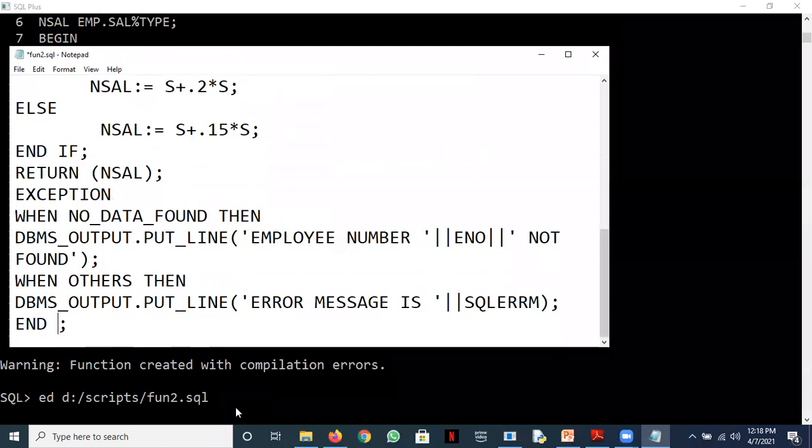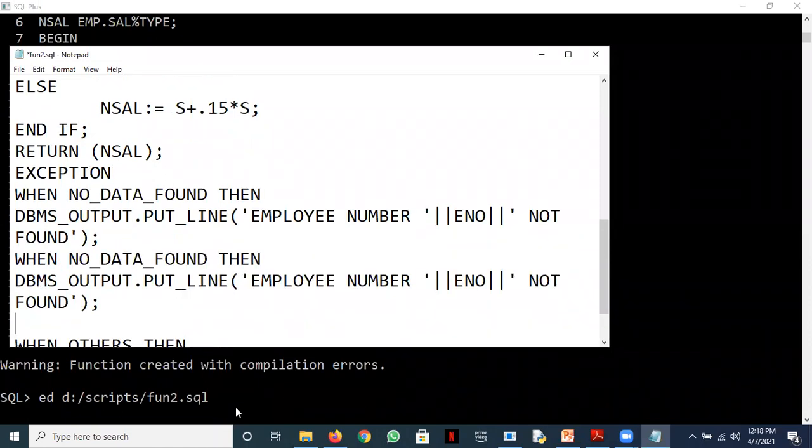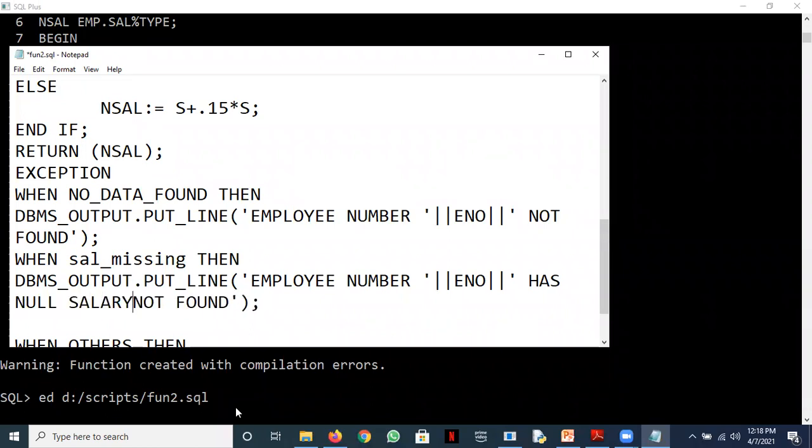And obviously I need to handle it here. I'll do it here, no problems. So when sal underscore missing, then I can give employee number ENO as null salary.